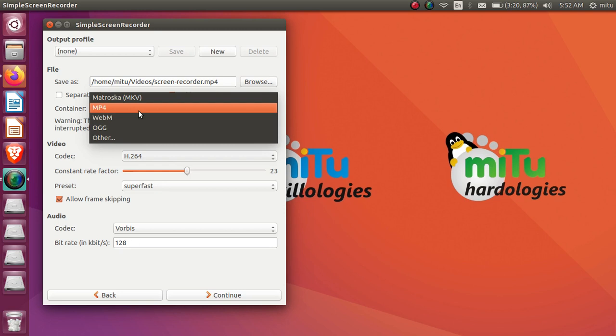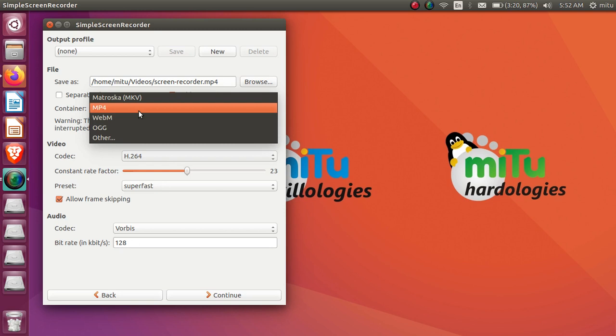Even one more format is available, which is a lighter format than mp4, if you consider that: WebM. WebM, that is the web media format, can also be chosen. In some of the videos uploaded on YouTube, they also follow the WebM format. So make sure that there are not many differences. Somewhat the quality matters, somewhat the size of the file matters. So based on that you can choose, but the very commonly used format which I am choosing over here is mp4.